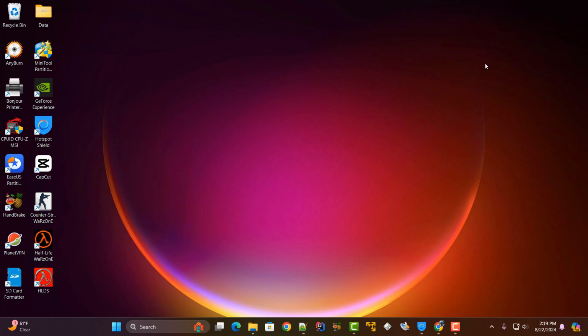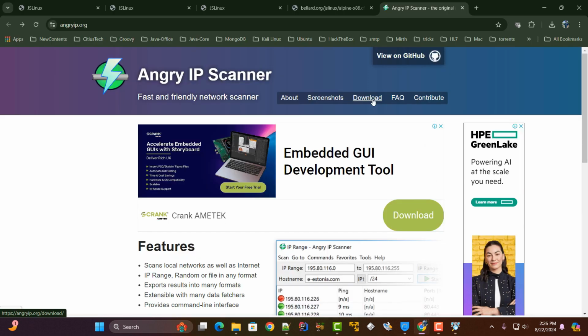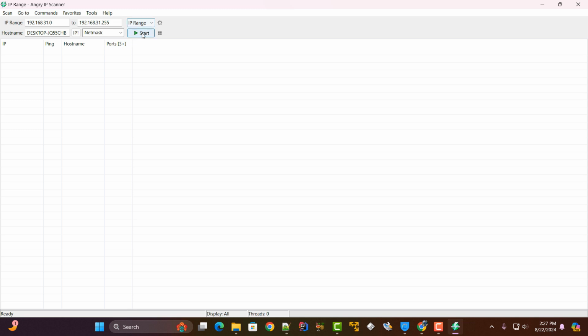Now let's try to find out the IP address of the Raspberry Pi so that we can do the SSH into the Raspberry Pi 5. So for finding the IP address of Raspberry Pi, I am making use of Angry IP Scanner. I will leave the link of this scanner in the description area so that you can click on that link and download the software. I have already installed the Angry IP Scanner, so I'm gonna click on Start to search the IP address of my Raspberry Pi. Now let me just click on Start,